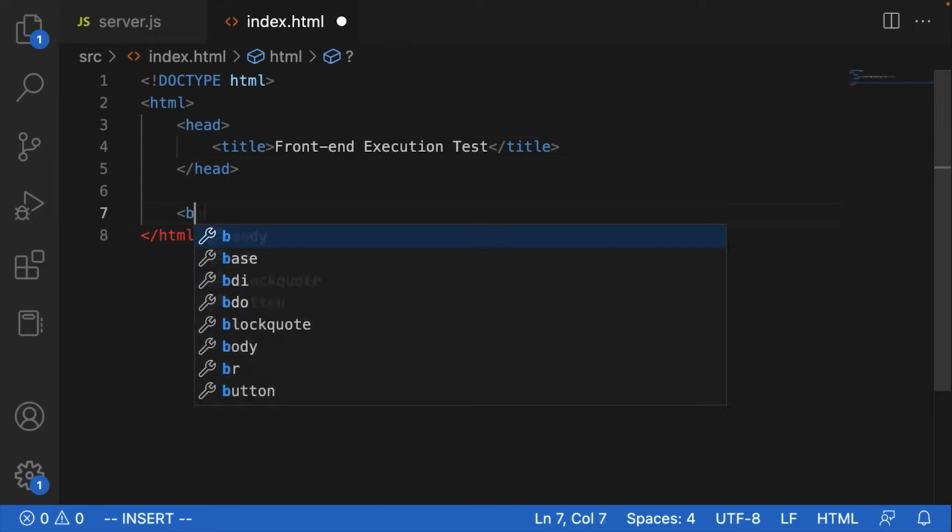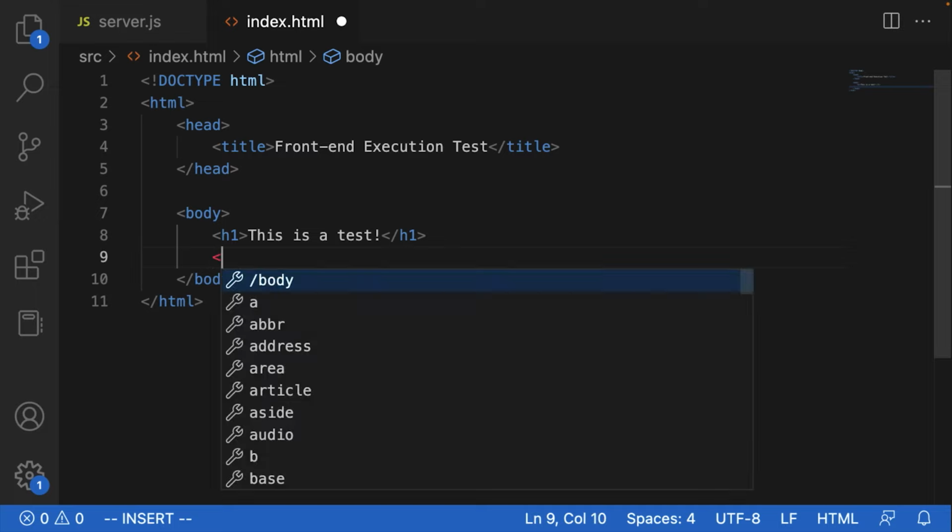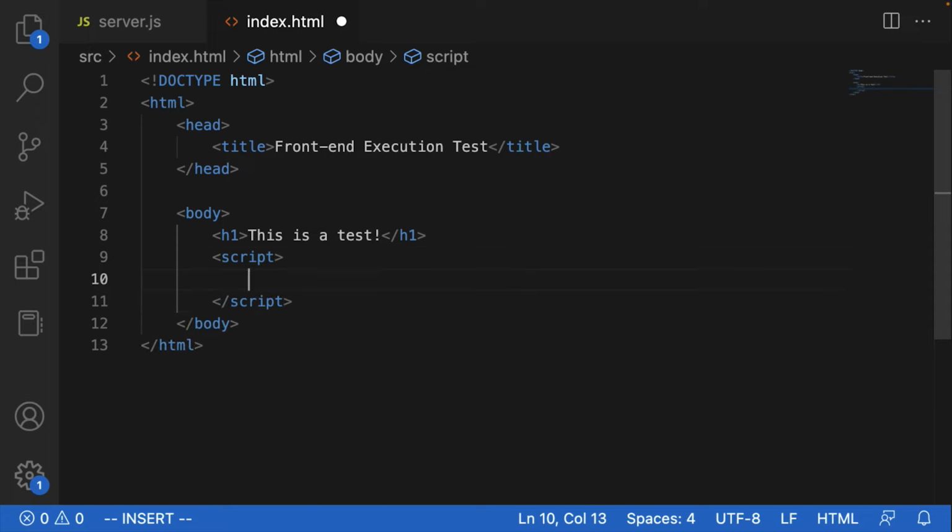And then for the body, we're just going to have a simple H1 heading that says something like, this is a test. That's not really necessary, but it just gives us something to display in the browser so that we can see we've actually received the file. And underneath this, and really this could be anywhere in the HTML document, we'll discuss that in a little bit more detail later on. Underneath this, we're going to put a script,